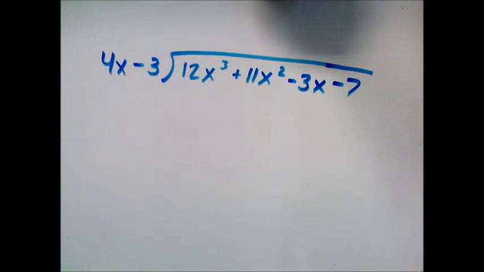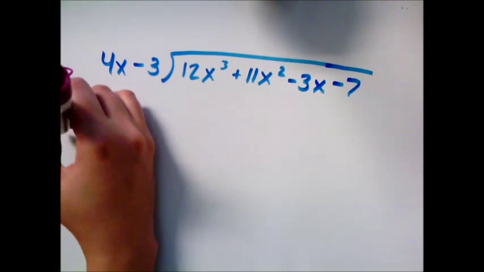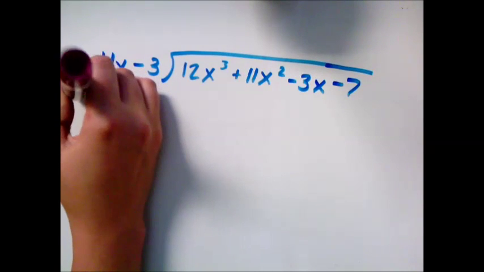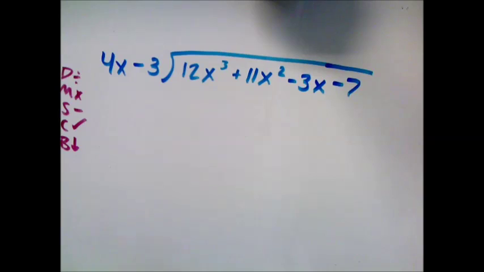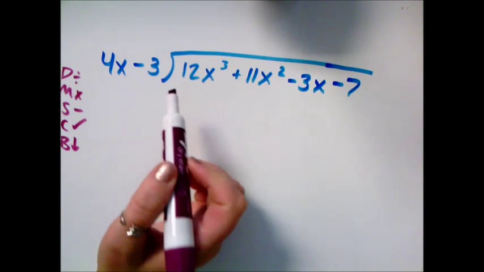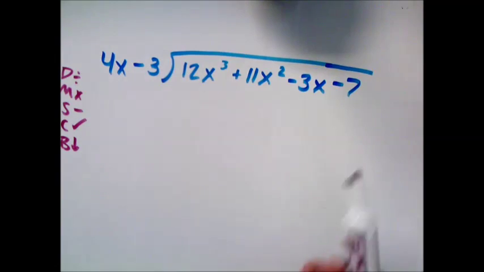Here we're going to look at another polynomial long division problem. So nothing about the process changes. Still our divide, or does McDonald's sell cheeseburgers? Divide, multiply, subtract, check, bring down. So same steps. Just now we have a 4x as our front term. So it doesn't change anything, just maybe be a little more careful because this might get a little more tedious